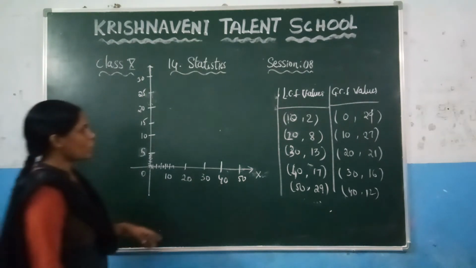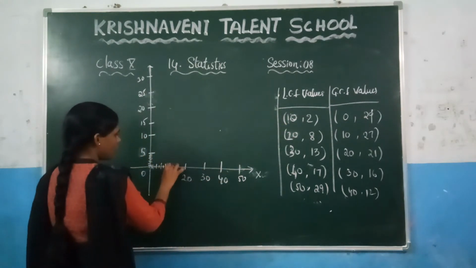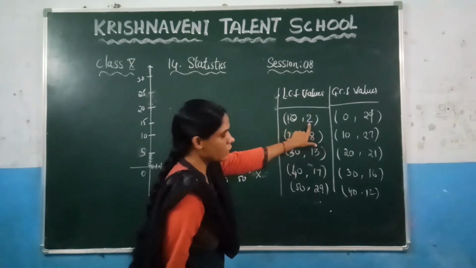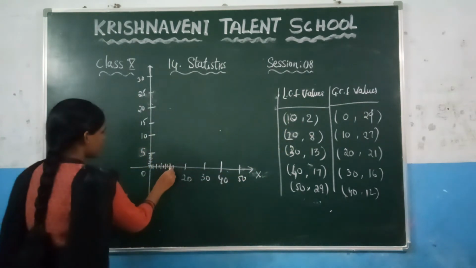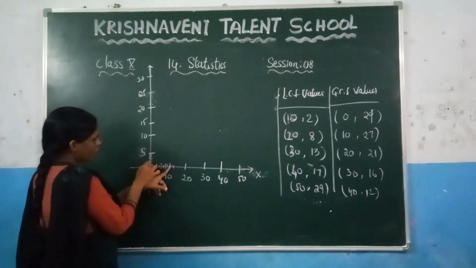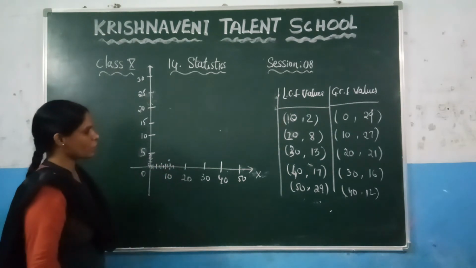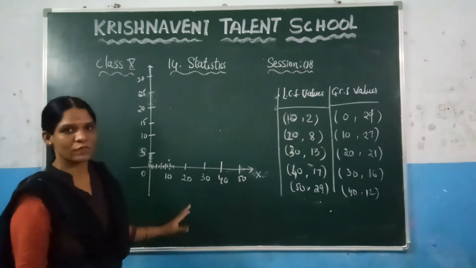So here what is the x value, which is 10, this is 10, right? And after that what is the y point here, which is 2. So where is 2, you can check it here. This is 0.5, 1, 1.5, 2. So here you will get. Exactly I am not drawing because it is not a graph. Like this it will be there.